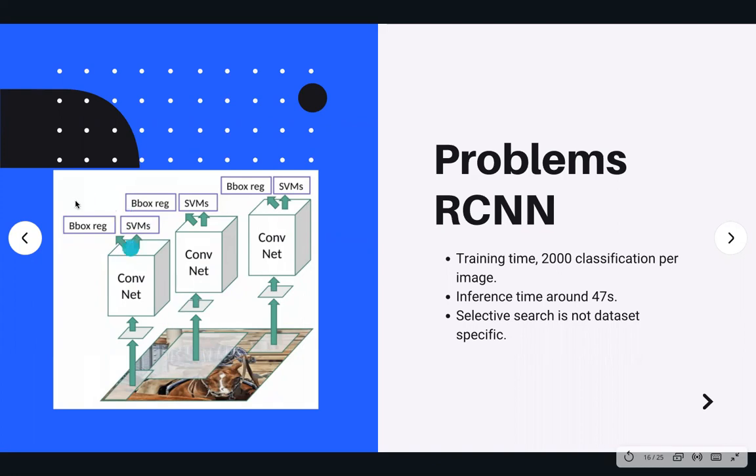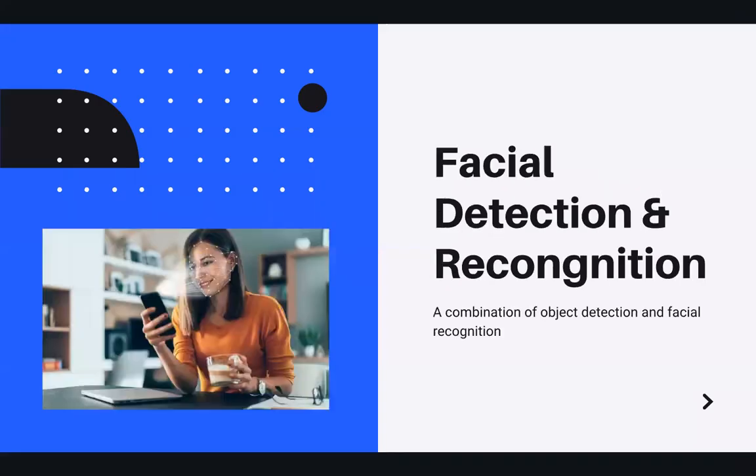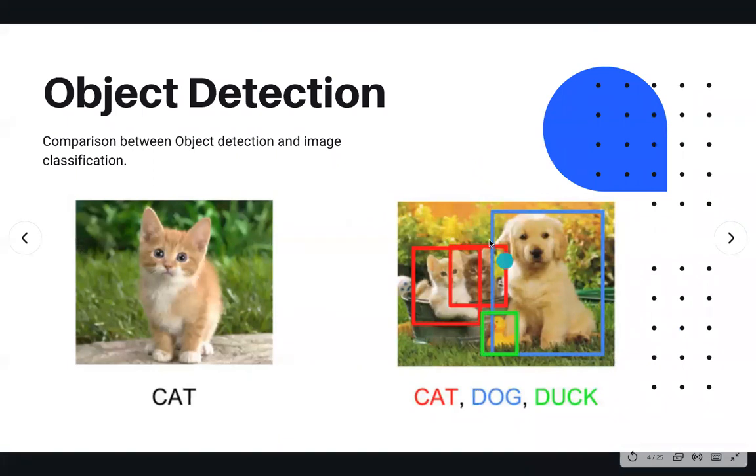And this part, which is called B-box regression. Can somebody tell me what B-box regression might look like? So bounding box regression. What is the output of a bounding box regressor? Maybe the probability that the bounding box will be here. Remember when we just said, how do we define a bounding box? Maybe the regressor will provide you the X and Y components of the center of the box, or 4 numbers like the top left and bottom right corners. Perfect. So basically the bounding box regressor would be giving you the coordinates